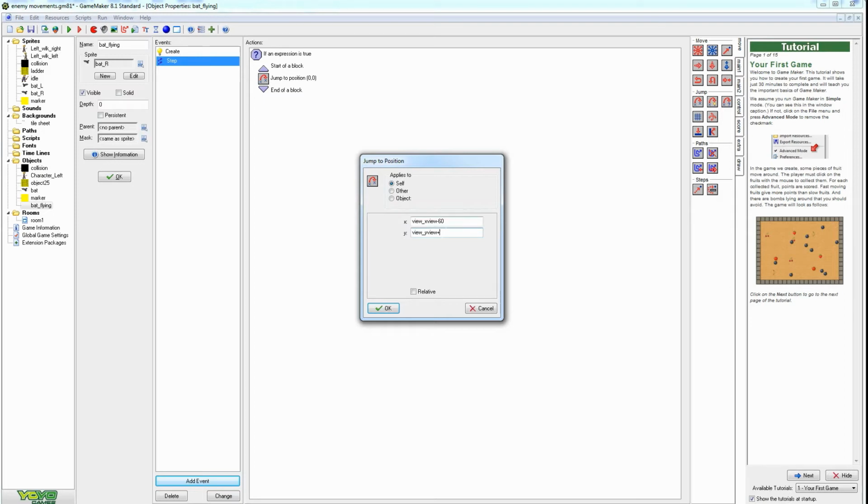if you wanted to be popping on the screen randomly, you can do two different options. We could do, let's say, random 80. So this will be a random height of 80 pixels. So anywhere between 0 and 80, he'll pop in the screen. So the Y view, so if you're 1,000 pixels down in the screen, it'll add 1,000 pixels to it, so it'll appear on your screen and not just anywhere on the map, plus randomly 80 pixels